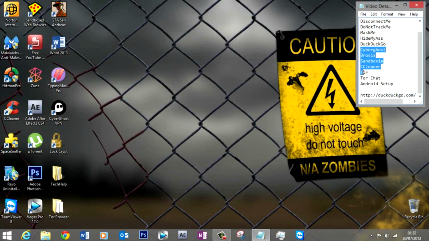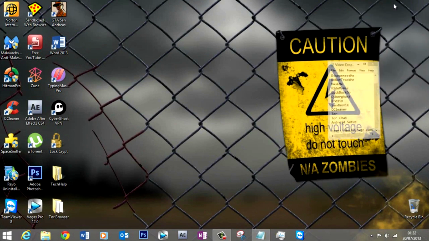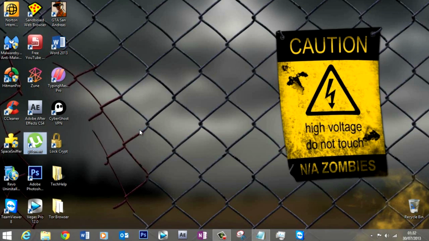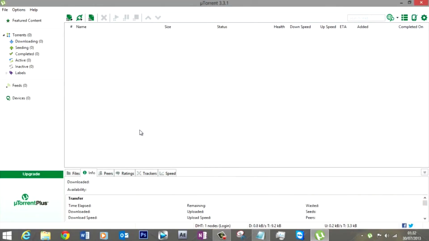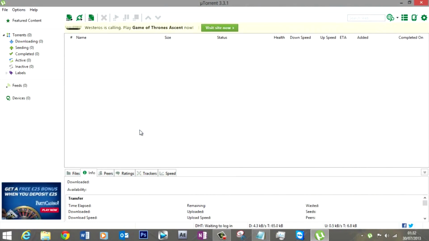Coming on to the desktop side of things. Right, now on the internet you're anonymous, fine, no one's tracking you with all the extensions and proxy, but there are some applications which run from your desktop which could reveal your identity. Now The Pirate Bay and Kickass Torrents have both been blocked in the UK. So if you downloaded a torrent from uTorrent, for example, your IP address is sent to the trackers. Now you want to set something up which